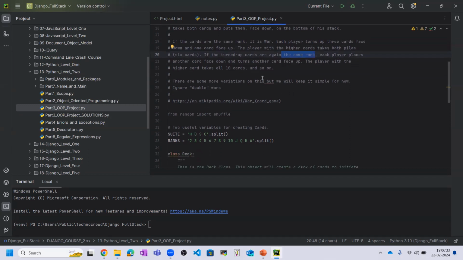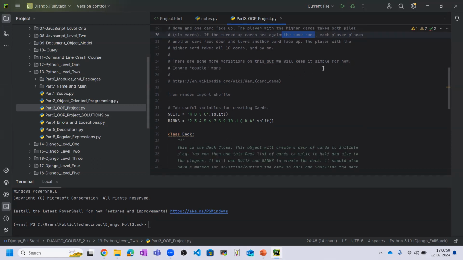ओके, सो बेसिकली हो क्या रहा है कि जो सेम सेम कार्ड आ रहे हैं उनको वो साइड में रखेंगे और फिर नेक्स्ट कार्ड को चूज करेंगे, उसकी बेसिस पर दोनों के कंबाइन करके अगर वैल्यू जिसकी बड़ी आएगी तो वो उसको मिल जाएंगे, दूसरे वाले को जिसकी बड़ी वैल्यू आएगी वो सारे कार्ड्स। और अगर सेम आती रही तो वो कार्ड अप करते जाएंगे। सो देयर आर मोर वेरिएशंस ऑन दिस, बट वी विल कीप इट सिंपल फॉर नाउ।